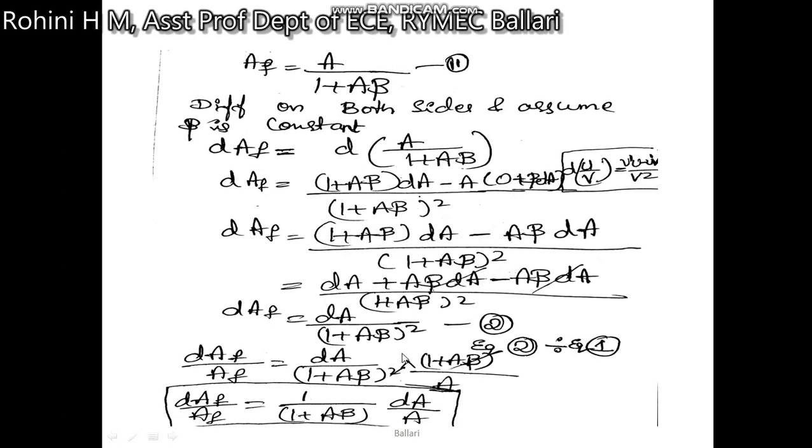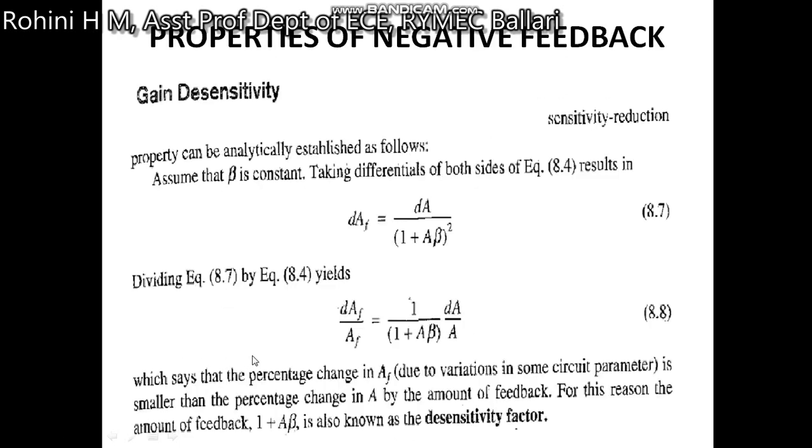Okay, divided by, so we can take it as a multiplication by reciprocating the terms. The reciprocal of this first term is (1 plus A beta) divided by A. Here the numerator and the square term cancel, so we remain with dA divided by A into 1 divided by 1 plus A beta. Okay, we'll come back. So when we divide this expression by A, we obtain this expression.